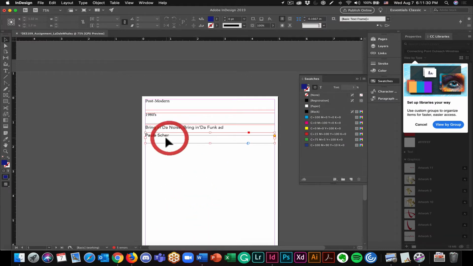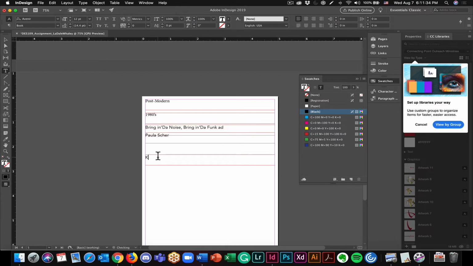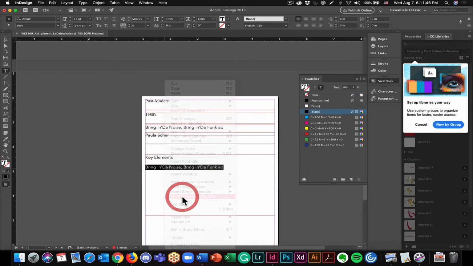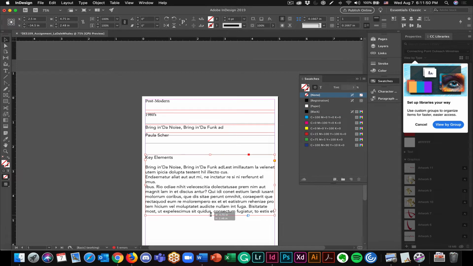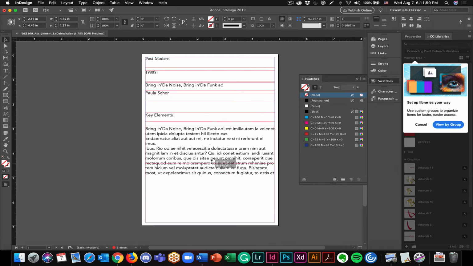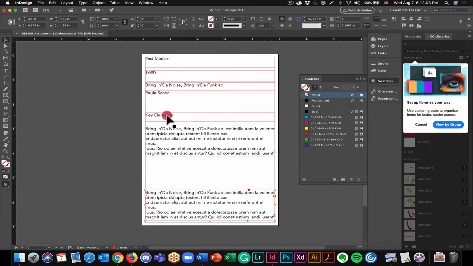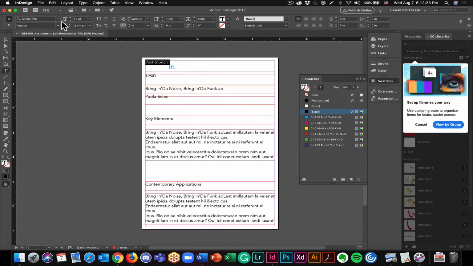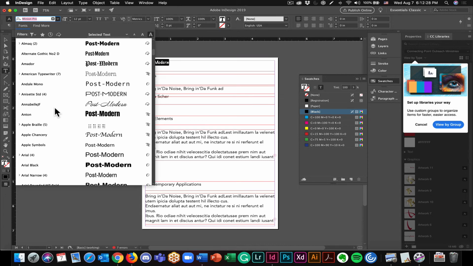And now we need to do key elements. We're just going to place filler text here. And place this here. Place this here. And do contemporary applications. There we go. So now we just need to do our fonts, and this is very big and bulky,